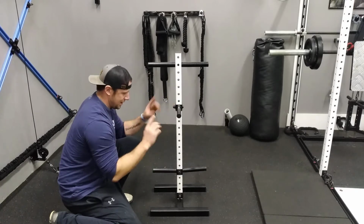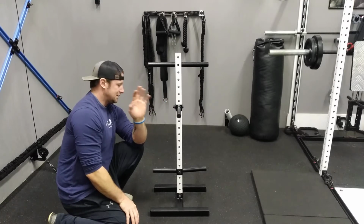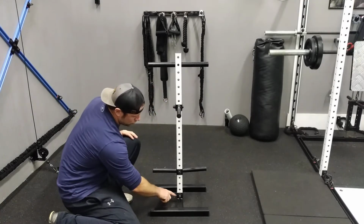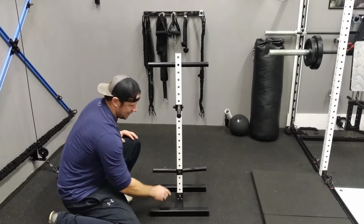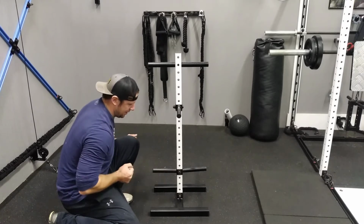These ones are different ways. You can kind of decide how you want to set this up. That's up to you, but this is how I have it set up. So 1 hole, 2, 3, 4, 5. The 6th hole from the very bottom is where I have my first weight plate pegs, and I have it